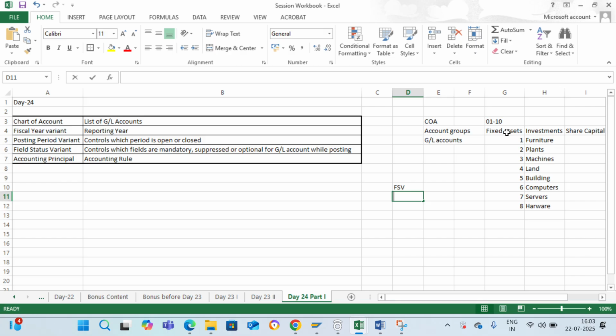Under the FSV we have field status groups. These field status groups are assigned to the GL accounts, and basis the setting in the field status group while we are making the posting,